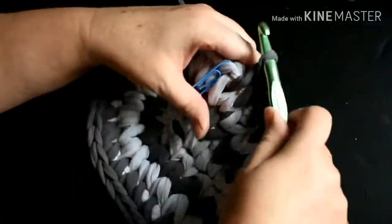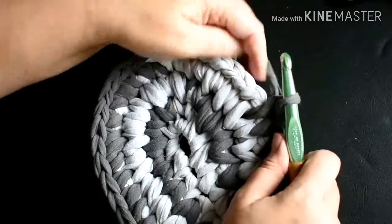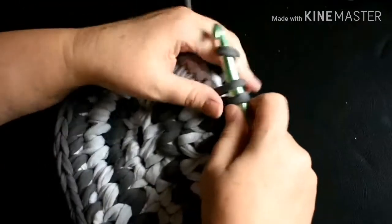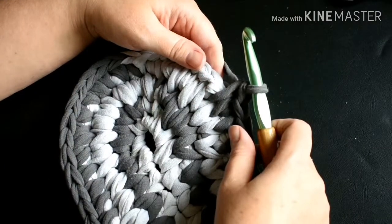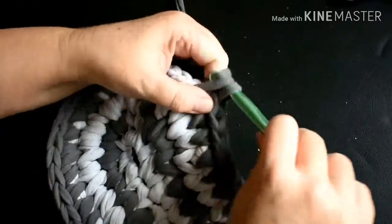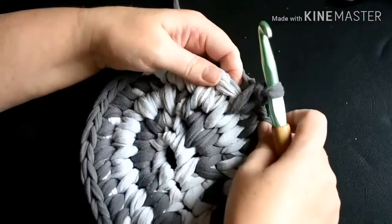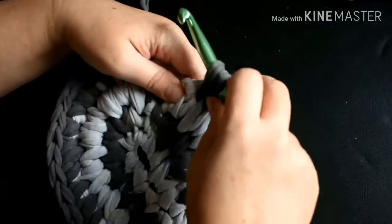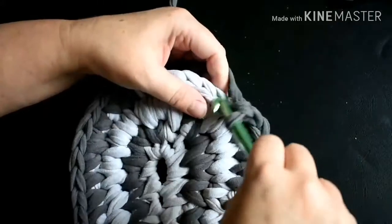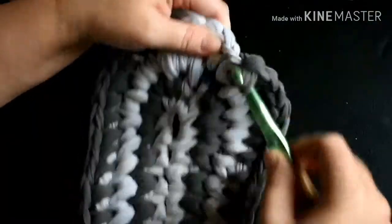Okay, now we're at the stitch marker. So we're going to start doing the increases. Just 1 more knit stitch into the post. One single crochet into the next stitch. And 1 knit stitch into the post. 1 single crochet into the next 3 stitches. There's 1, 2, 3, 1 knit stitch into the post,